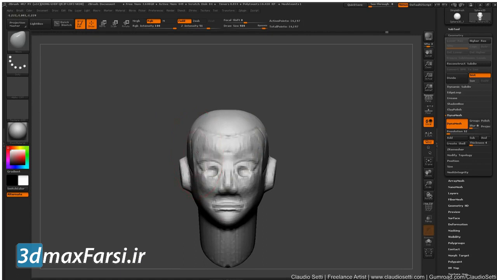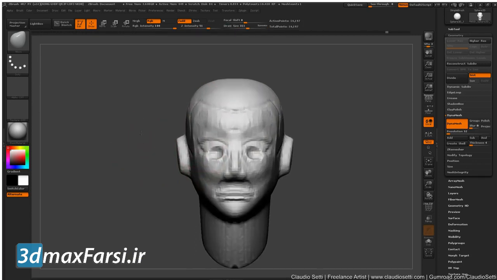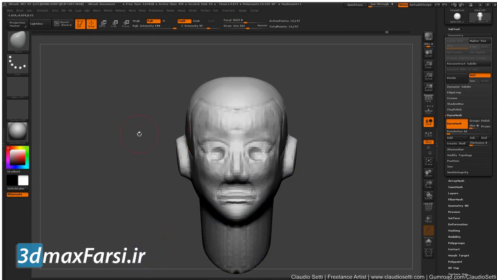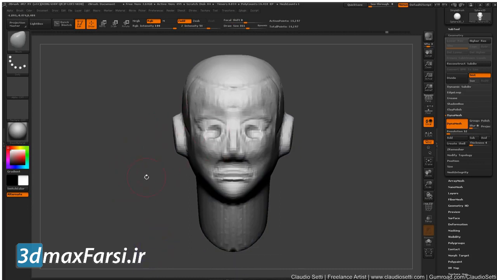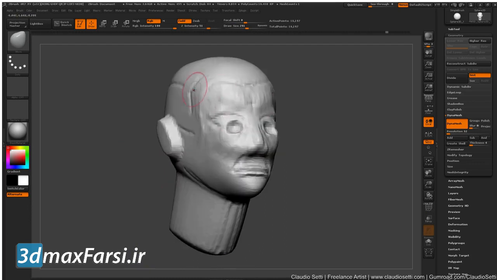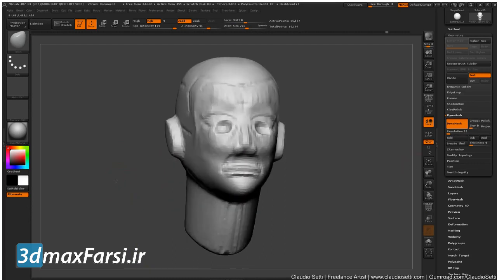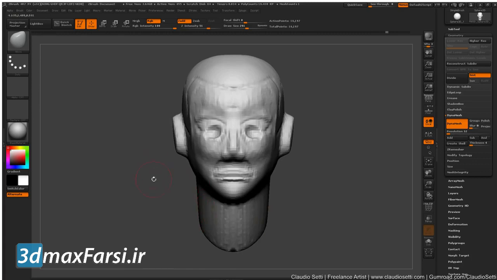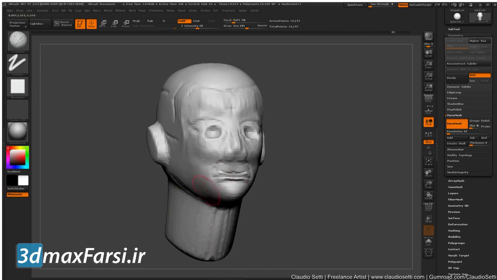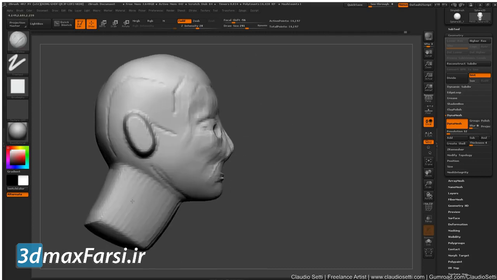That's why we want to keep the resolution quite low in the beginning, as low as we can, as long as we can see what we're doing. If we find the details just aren't there, we can crank it up a little at a time, not too much. A little goes a long way. So let's go into clay buildup, with our symmetry on, and start sculpting